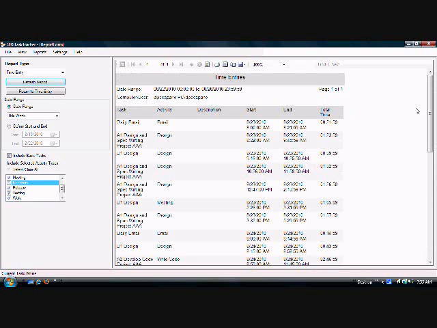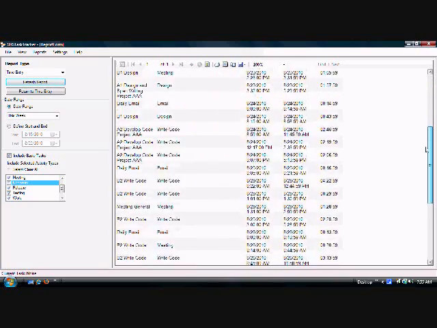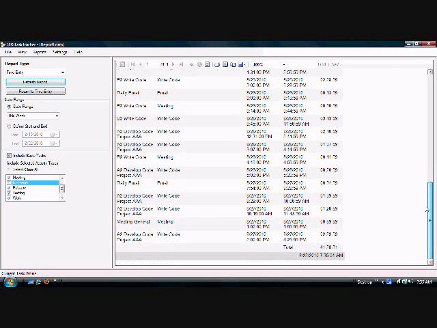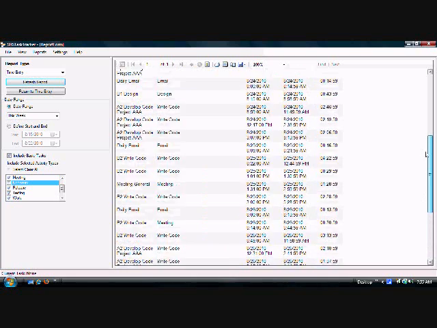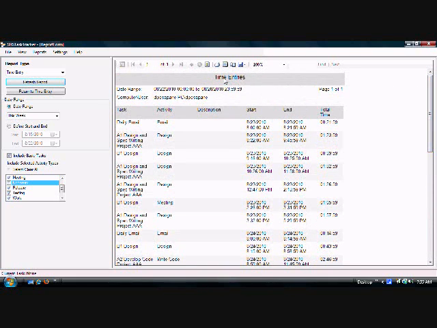and we can look at a time entry report for this week. So these are all of the time entries we've entered for this week and how we spent all of our time. Now this is more a report that you would use for yourself or maybe your manager or supervisor, showing how your time was spent. Now you could print these reports, you can export them to